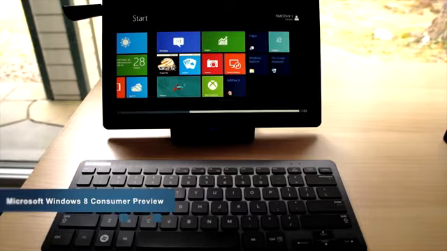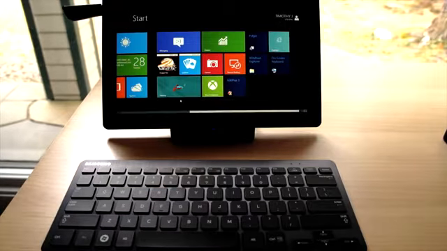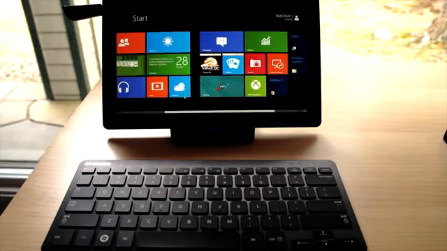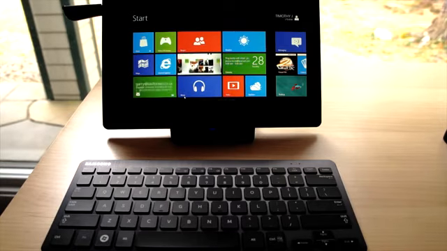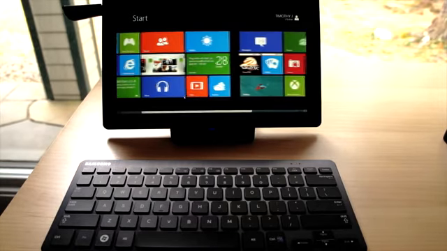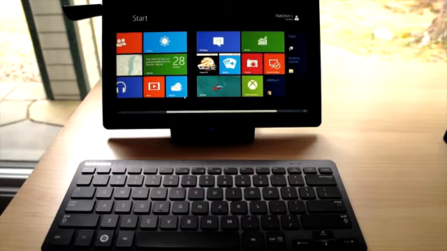It's not all that much different from the developer edition that we took a look at before, but there are some important changes here. We thought we'd use this as an opportunity to give you a full walkthrough of what the Windows experience looks like in Windows 8. As we're told, there are no more major changes coming to the operating system. Meaning basically this is going to be what you're going to get when it ships sometime before the end of